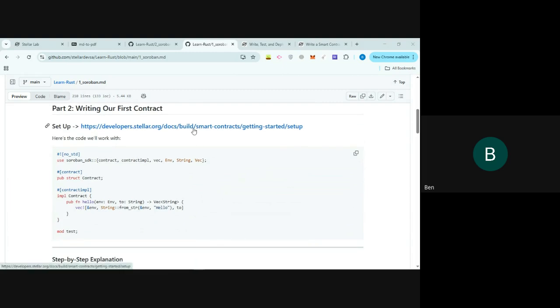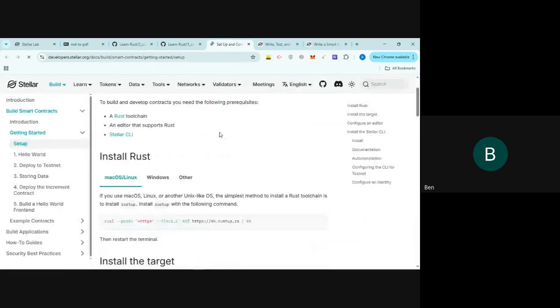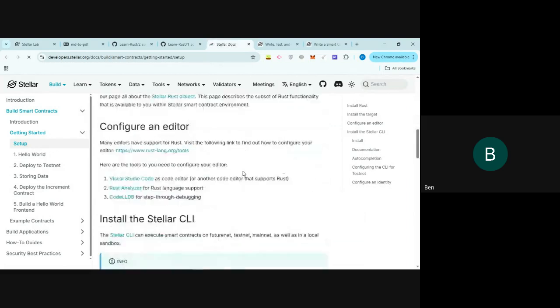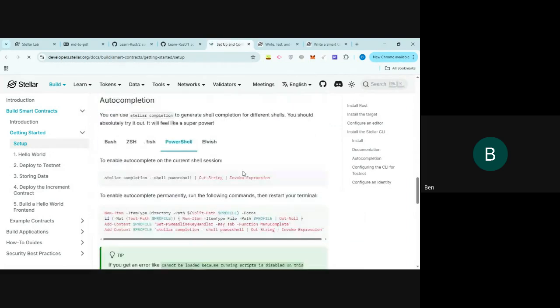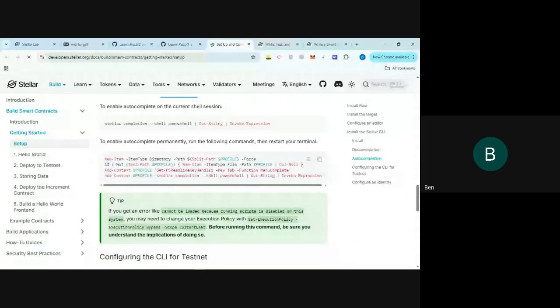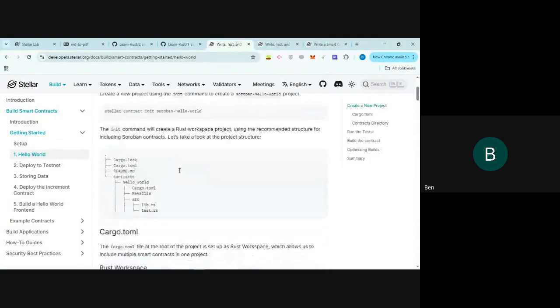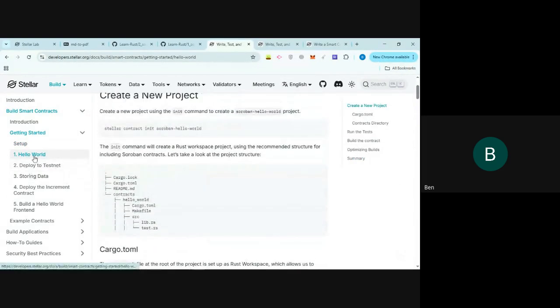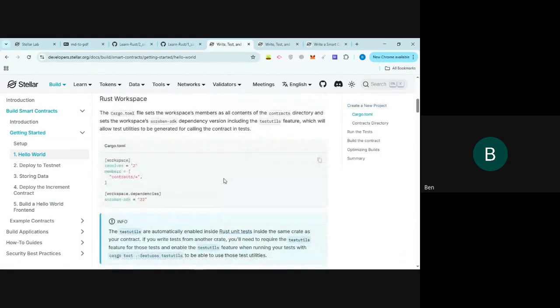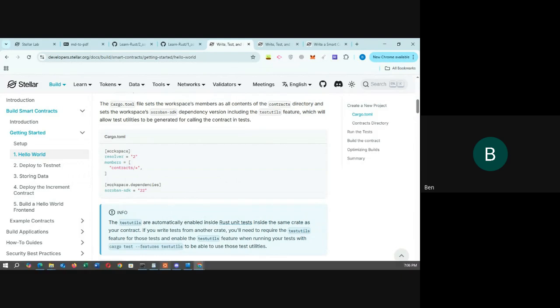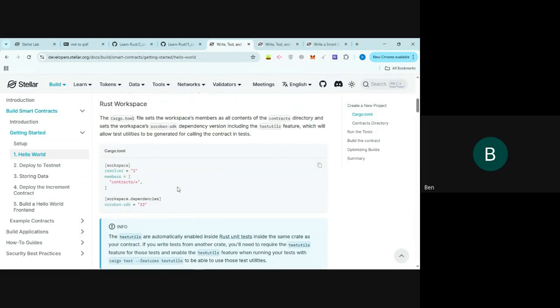And here is where you can follow to get started and set up. Make sure you have everything set up before we proceed. And once everything is set up, we can then go and follow the tutorial. This tutorial here is the hello world and storing data that you can follow, and it shows you how everything goes. One thing I also forgot to mention was the